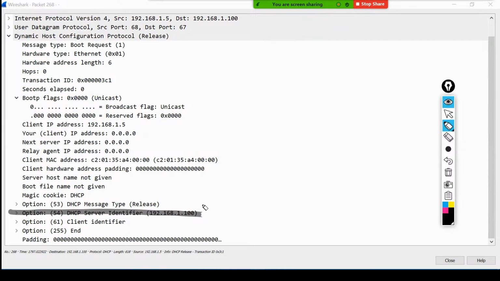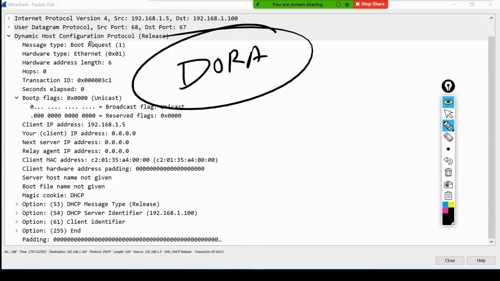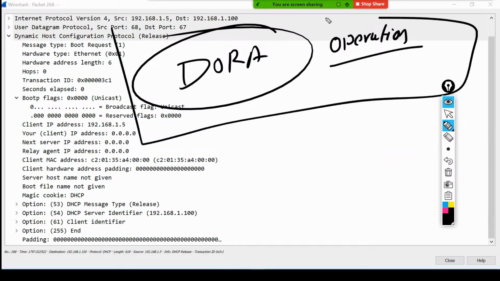Does anyone have questions on the normal DORA process? I'm not done. This is known as a DORA operation. Anyone have questions?